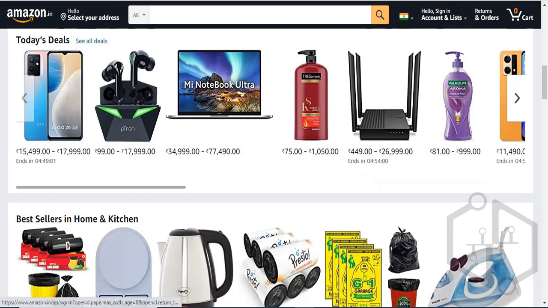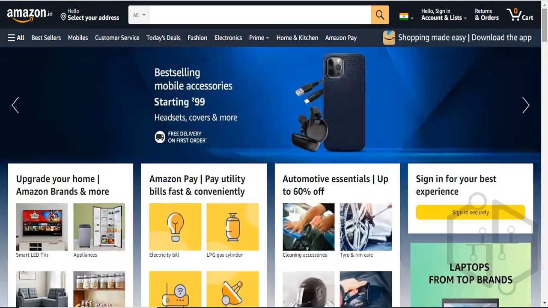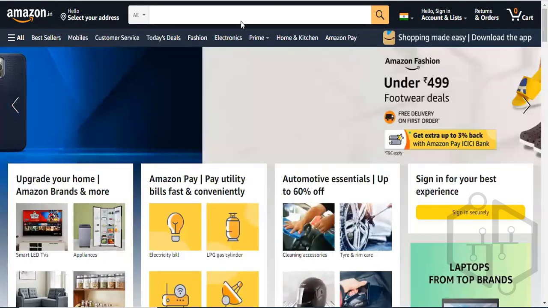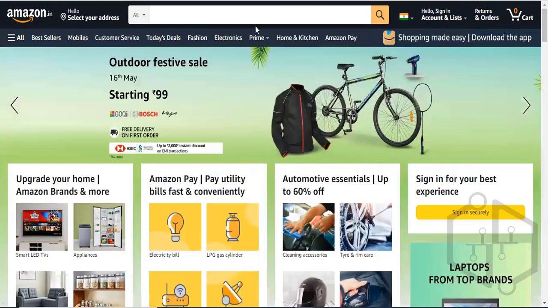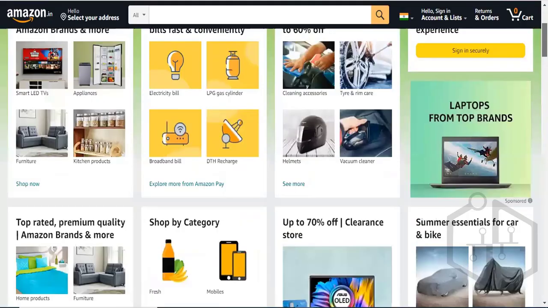Of course, you have the whole look and feel. The Amazon website looks like this, with the top search bar along with the logo and other things, then the navigation below that, then this carousel, then some cards. This layout of course cannot be changed this way, but the content of this website can easily be changed and updated on the fly.